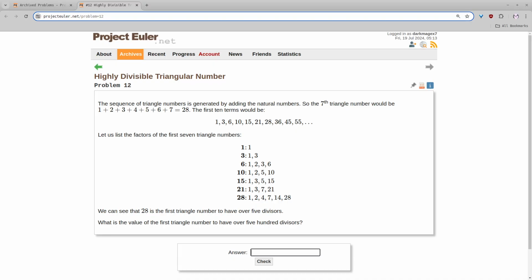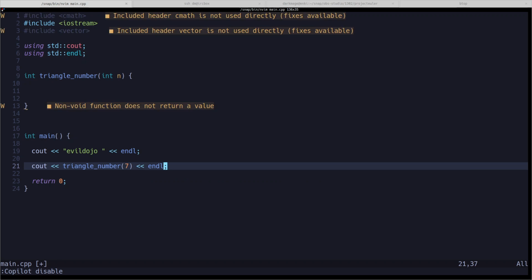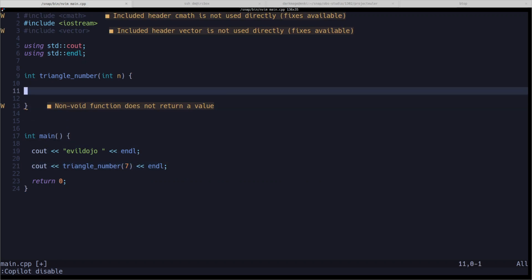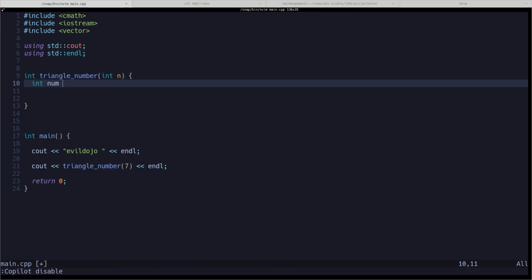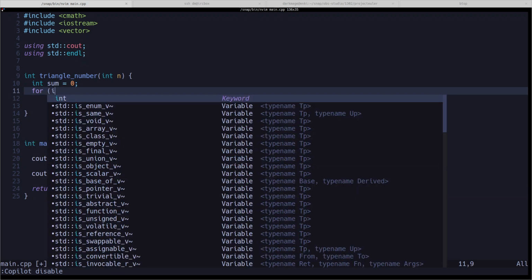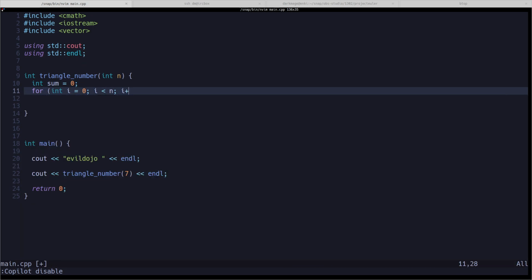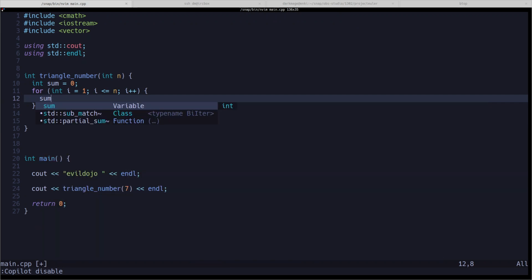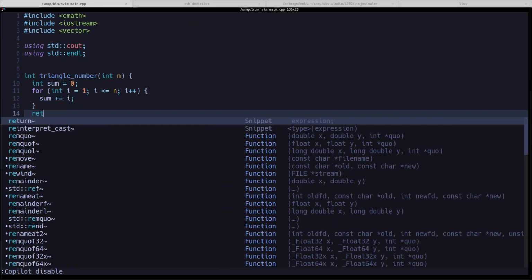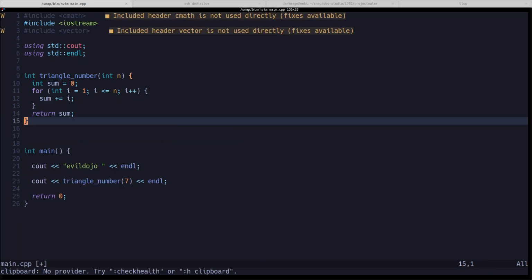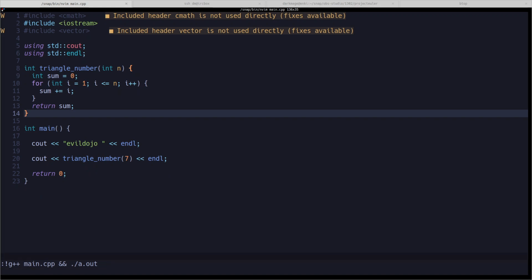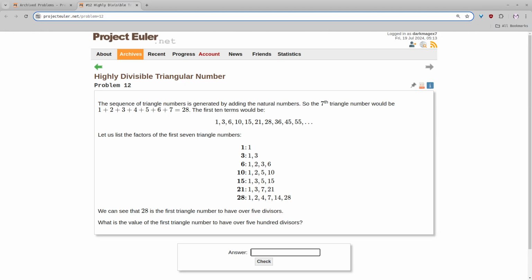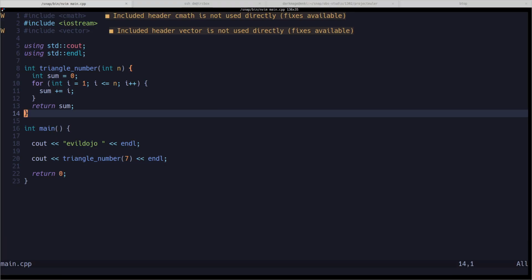Which one did I do first? 7. So, that should be the formula for triangle numbers. 28. Okay, that works. So